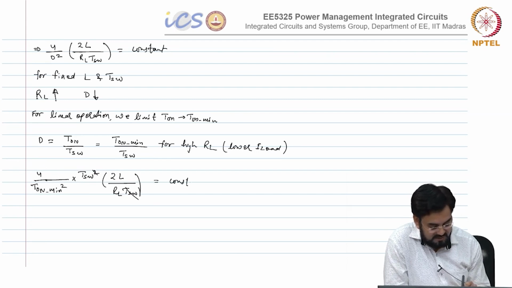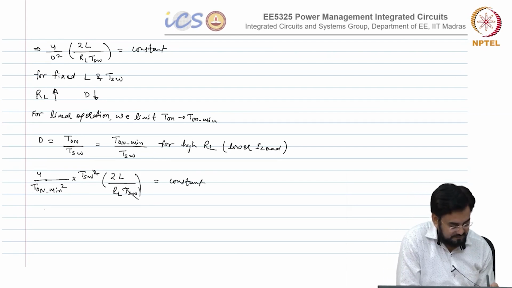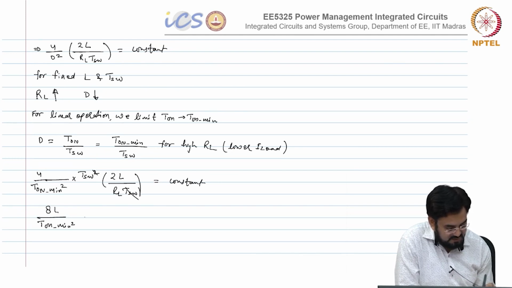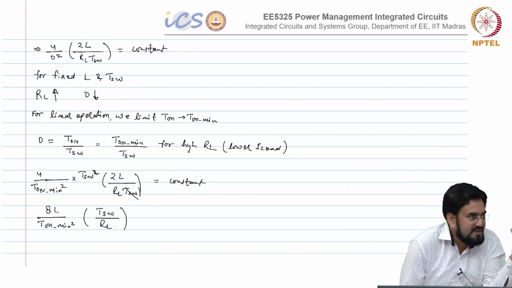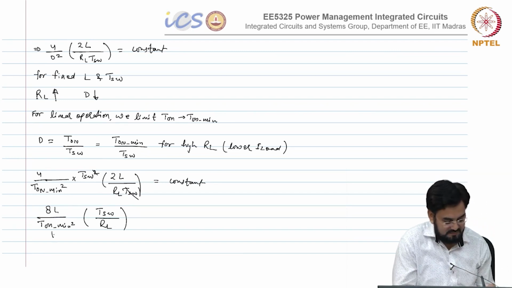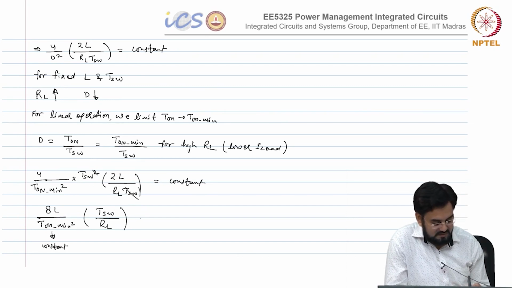This has to be constant, which means 8L over T on min square TSW over RL. So, T on min you have already fixed. So, that is a constant term. This is constant. So, which implies